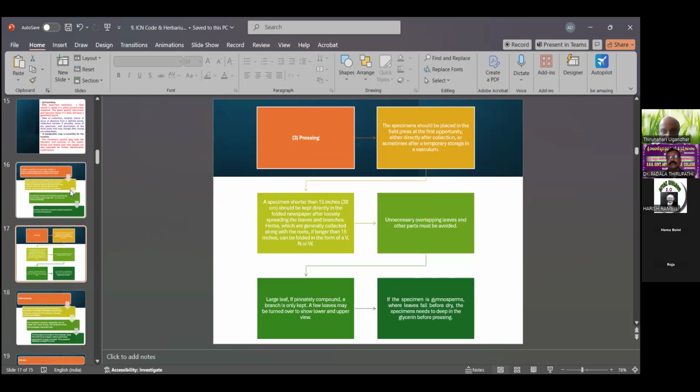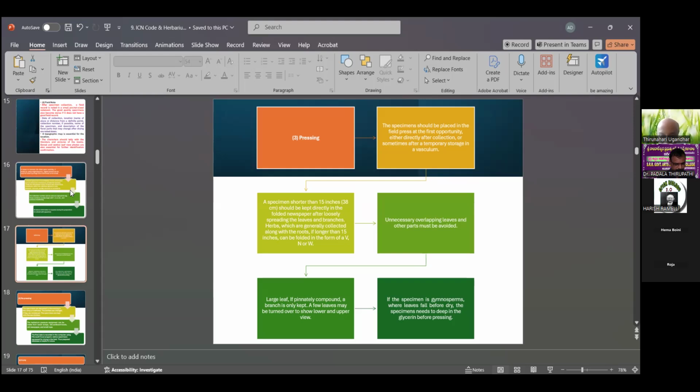So the third process is pressing. The specimen should be placed in the field press at the first opportunity, either directly after collection or sometimes after temporary storage in the vasculum. That is the first point. The second is that each specimen should be shorter than 15 inches, 38 centimeters. Particularly, it should be kept directly in the